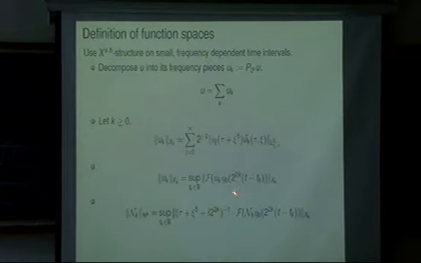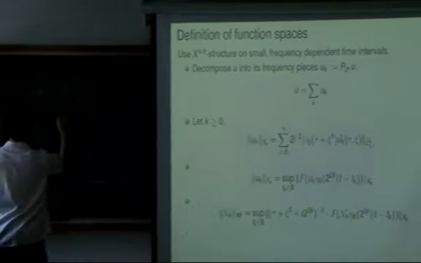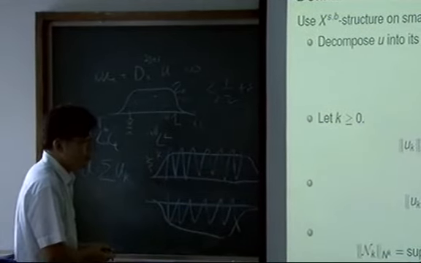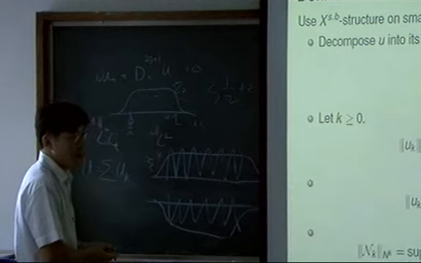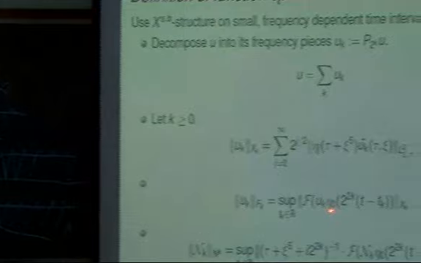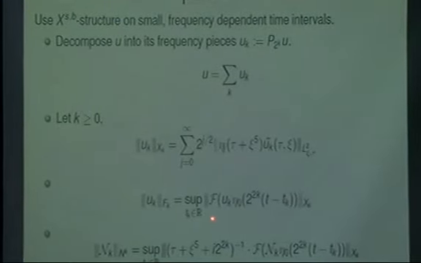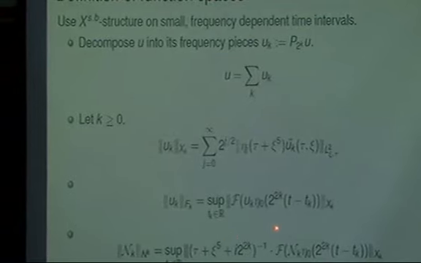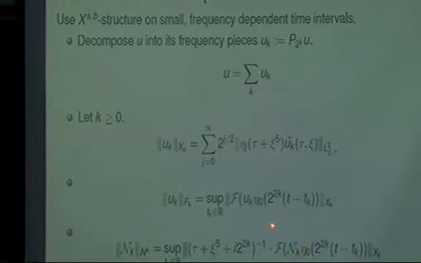So here, eta 0 is just a time cutoff function from 0 to 1. Okay, so a time cutoff function, but we have a scaling factor. That means u times eta 0 of these things is supported on the time interval of size 2 to the negative 2k. Okay, so this is a very small time cutoff function.